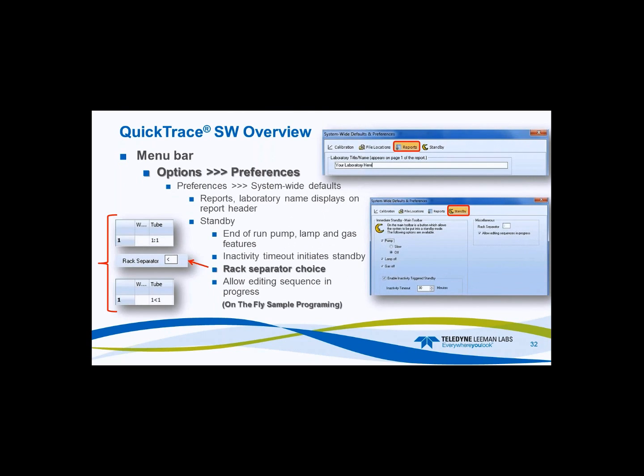Options, preferences. In the report section you can enter your laboratory name, and that will be displayed on the very first page, the header of the report when it gets printed. And then the standby. These are end-of-run features, so you can click on pump slow or off, lamp off, or gas off,